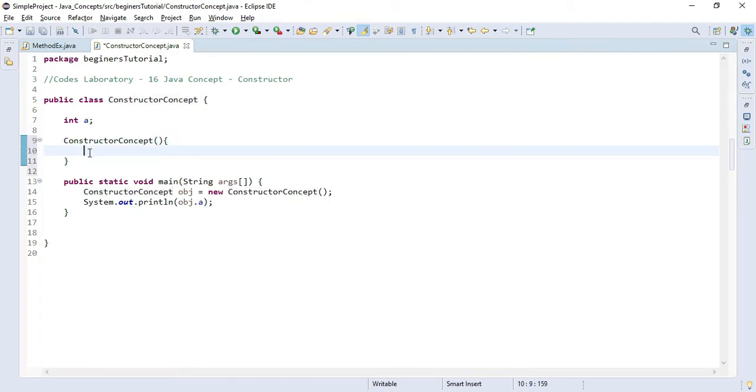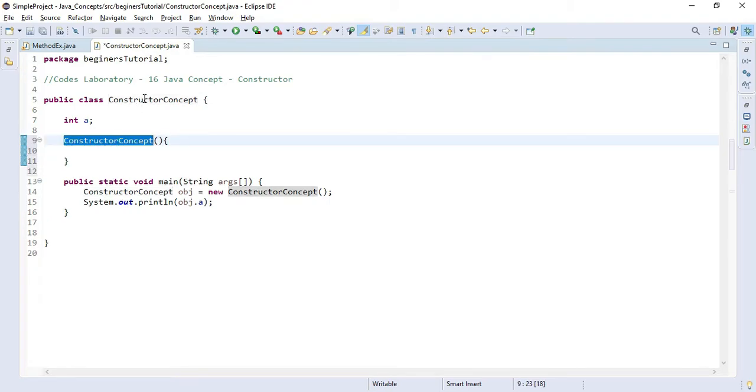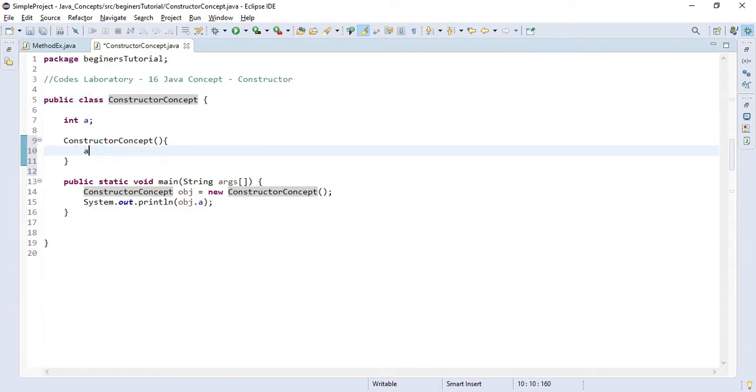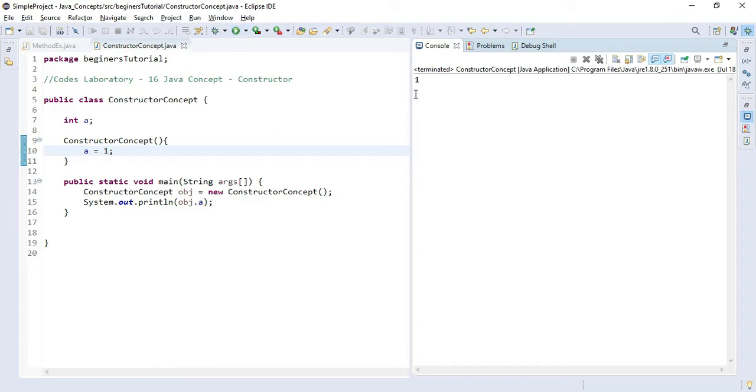You must have seen that the constructor name should be the same as the class name, and this time we will provide some default value to our variable like this. If we execute our program this time, let's see what it says. It says 1.